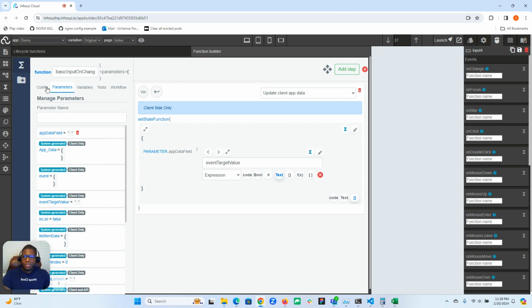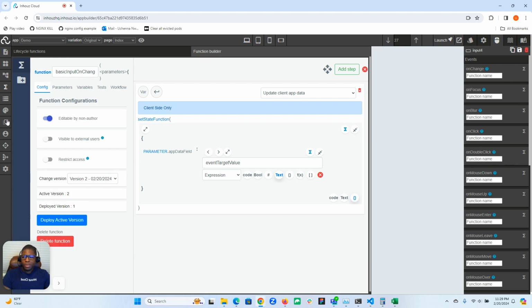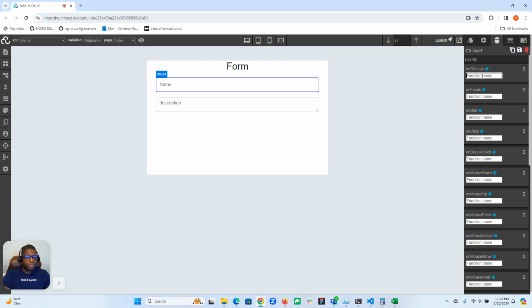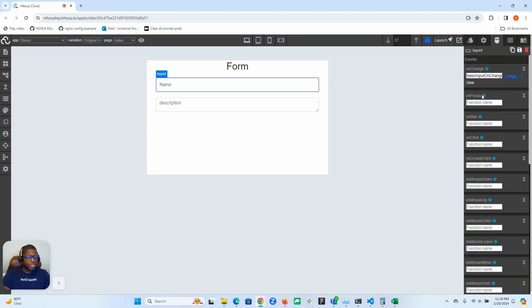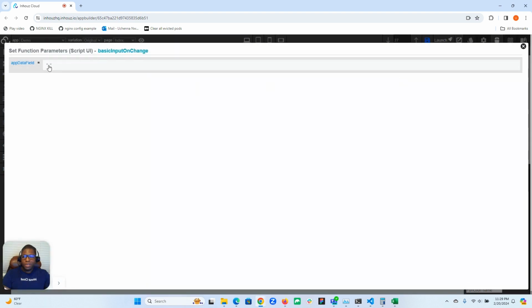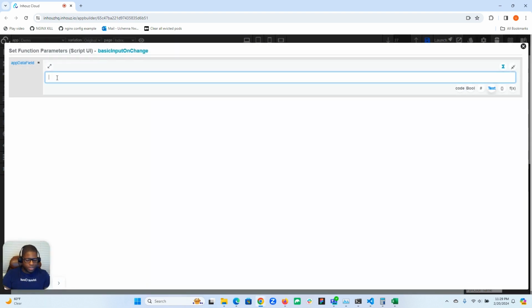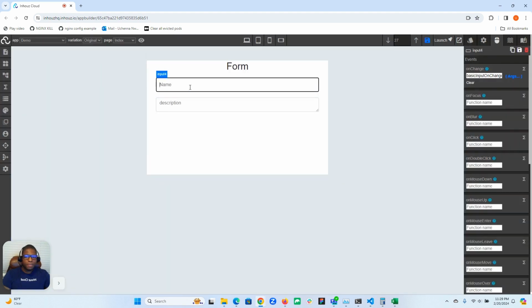All right. I'm going to save this. I'm going to deploy basic input on change. I'm going to come over here and just type that in. Basic inputs on change. It's going to ask for the app data field, and I'm just going to say that I want this to be bound to our name app data field. And that's it. So now when I type